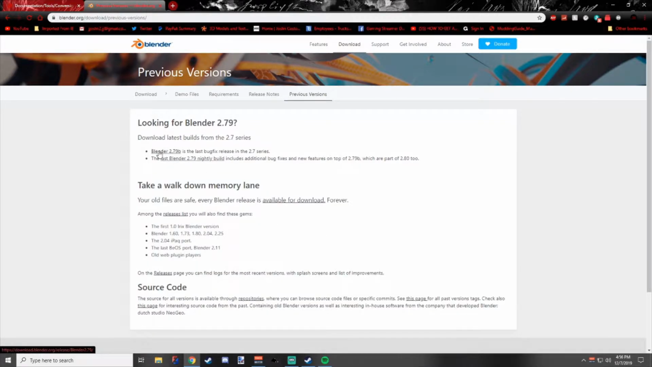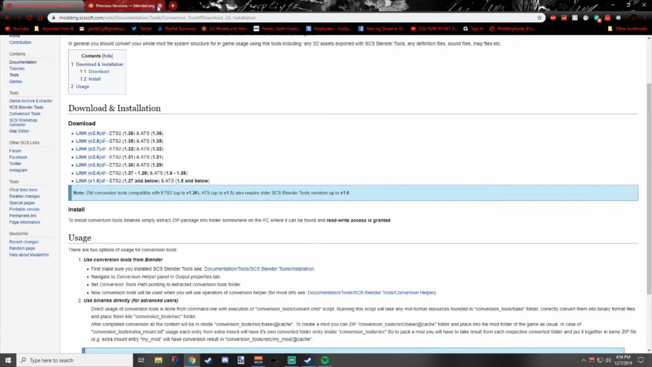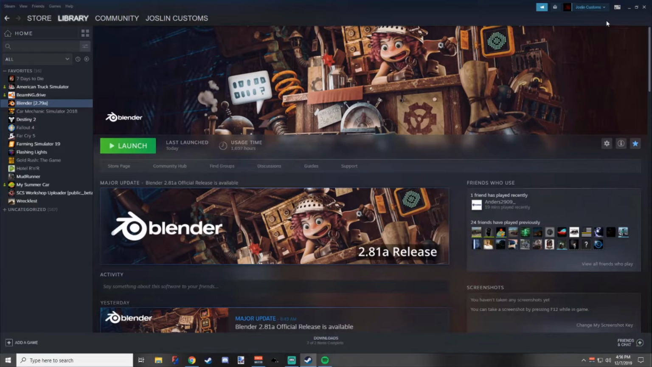So they got 2.9, 2.79b, and then the very last 2.79, as you can see. So you can get those, and then you can leave the web page, and once you get Blender installed, you can either click your icon on